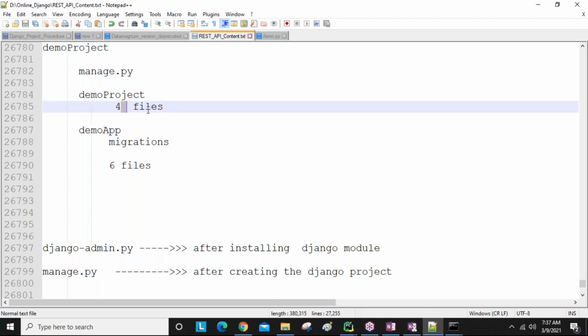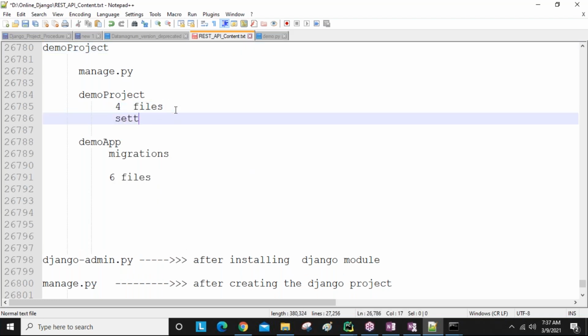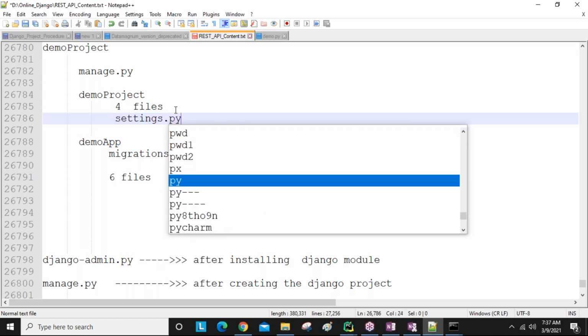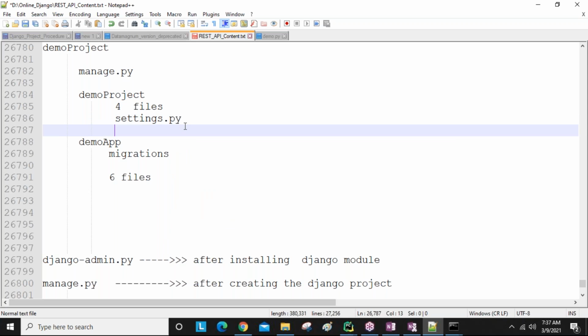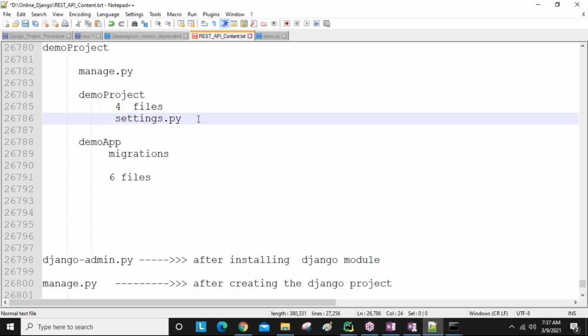For example, there are 4 files here. Out of these 4 files, one is the settings file, settings.py. This settings.py file maintains all our project related database settings, server settings, media file settings, static files settings, and what applications are there for this project, like n number of things, guys.